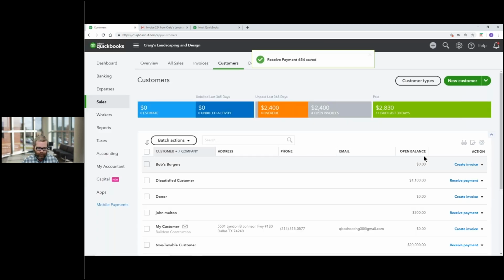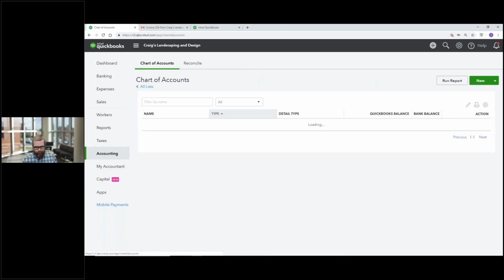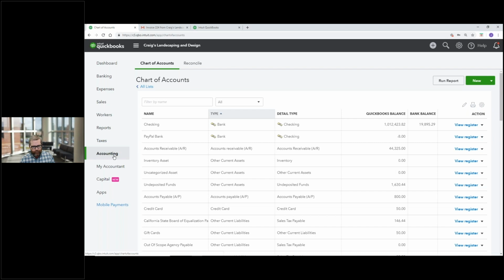And as soon as I do that, we now have my customer at a $0 balance. So they don't owe us anything anymore. They paid us all that money, and it all went into our, let me go over here to accounting, it all went into our undeposited funds account, which is right here. Now, I could make the deposit right now, but another customer comes in through the door and they want to